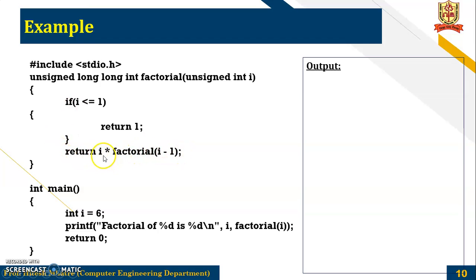We have seen this in the example, that is n and factorial of n minus 1. So this is the body of my factorial. Starting with I equal to 6, I am calling factorial of 6. So it will go here, factorial of 6. Is 6 less than 1? No. Then return 6 multiplied by factorial of 5. So again it will go for 5. This process goes on repeating up to factorial of 1. So 1, yes, it is less than or equal to 1, so it will return 1. So I will get the output as factorial of 6 is 720.